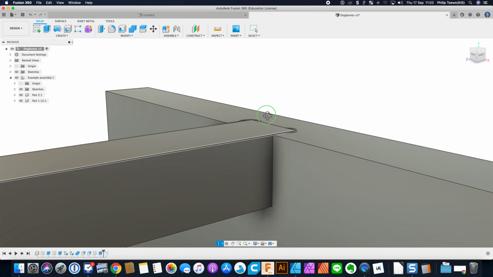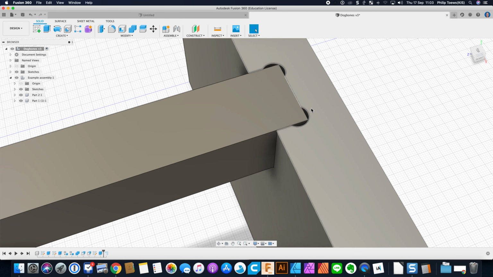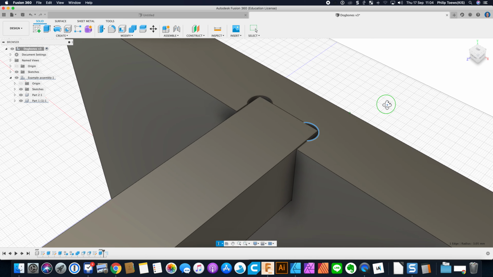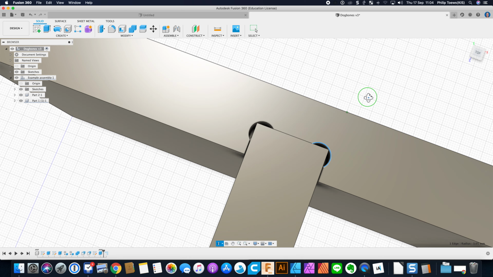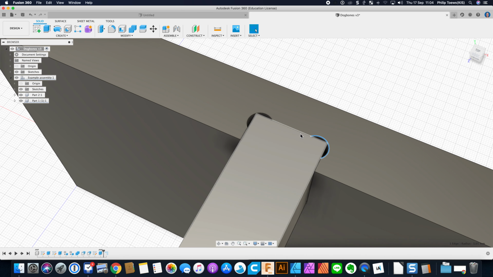and you can see that we've got our parts fitting nice and snug together with a dog bone in there so that the square part can fit in there smoothly. Of course, we know that these dog bones are essential if we want to be able to cut out the edges of a square, because the end mill, of course, is round, and we know the size of it based on the tool diameter. Now, in the case of our CNC, typically we use a 6mm end mill, and so that's the size of this dog bone fillet,